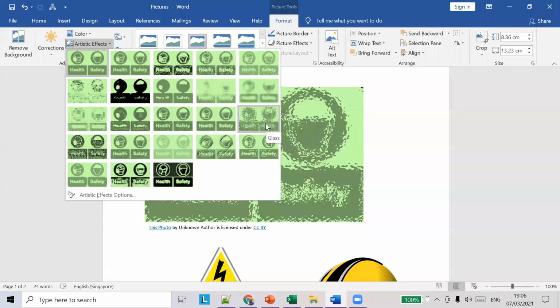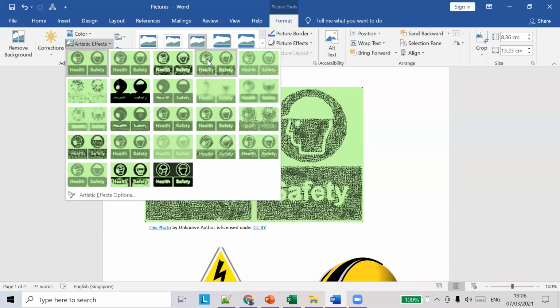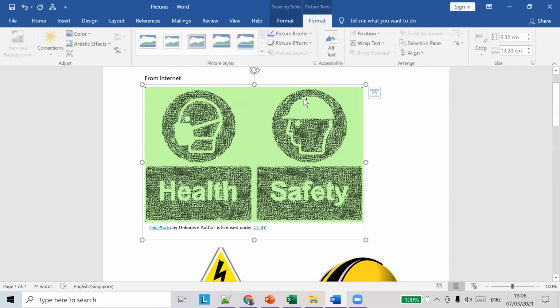Some kind of effect looks like a glass, where you can see through a glass or something like that. It's like a line drawing, a pencil sketch. So we have some different artistic effects, and we can use any of these. And apart from that, we have compress pictures. Okay, let's see.